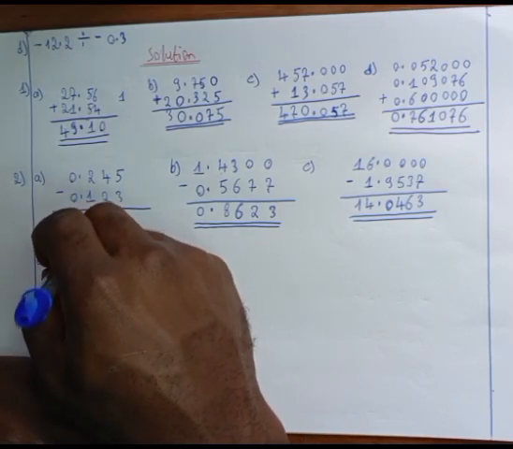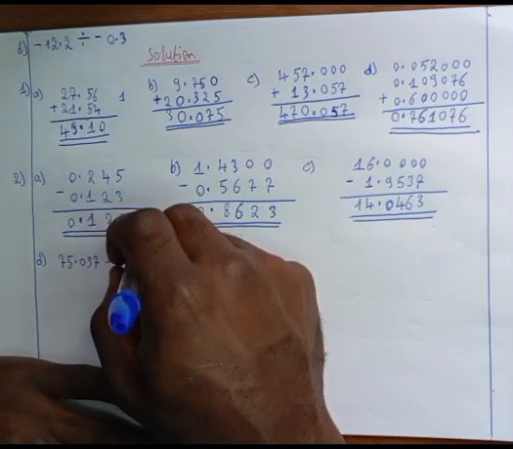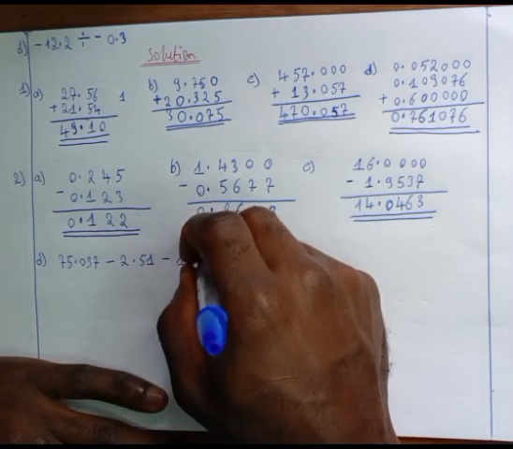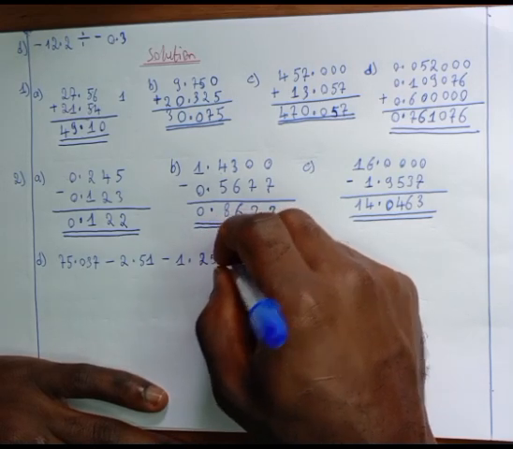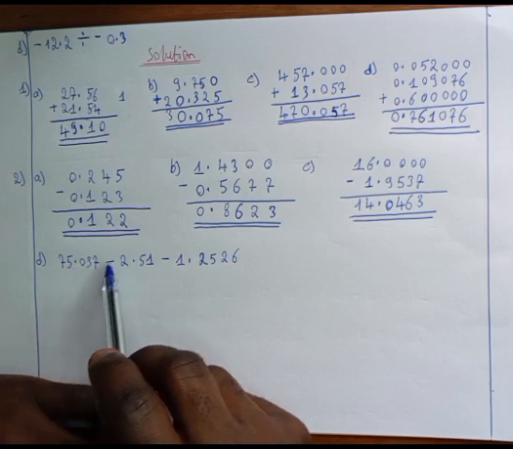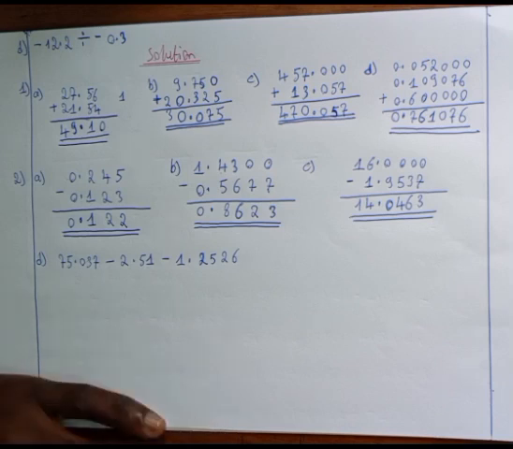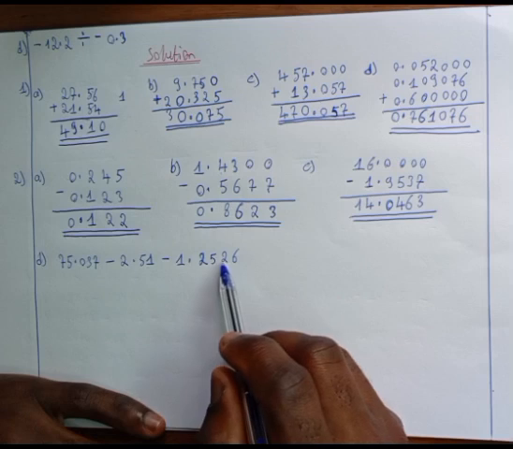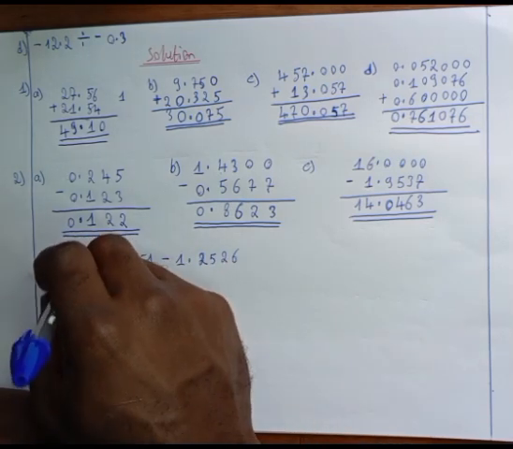we have 75.037 minus 2.51 minus 1.2526. In this question, it simply means we are going to take 75.037 minus 2.51 first to get the result. When we obtain the result, we are going to subtract 1.2526 from the result. Now let's perform the first one, which is 75.037